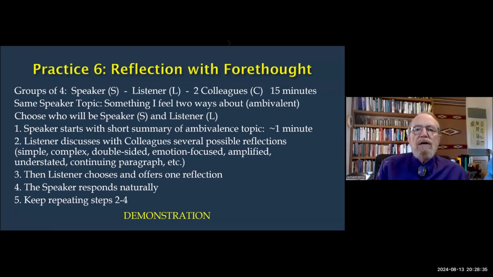So let me stop sharing for the moment and find my colleagues here. Dr. Arun, I think, is going to be the speaker here and is going to just say a little bit about the topic that he has in mind. And here I have 2 colleagues. Great. Hey, yeah.